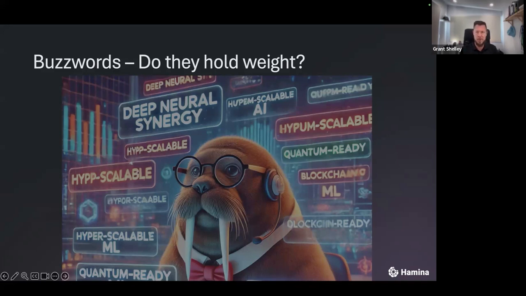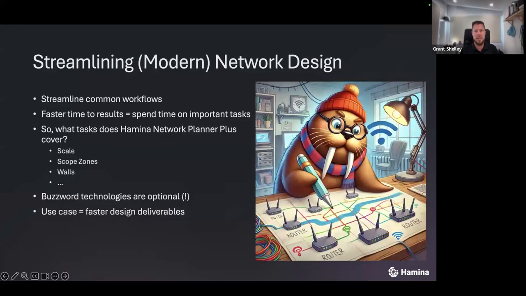And I'm sure a lot of people on today's session will probably know what I'm talking about. So in saying that, when we get to the next slide,